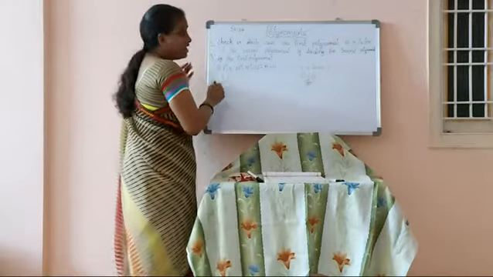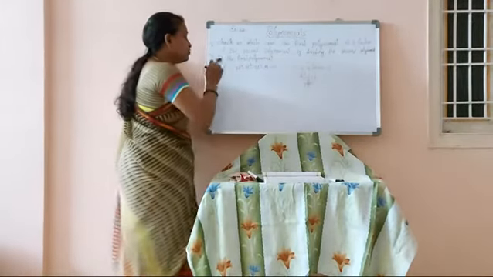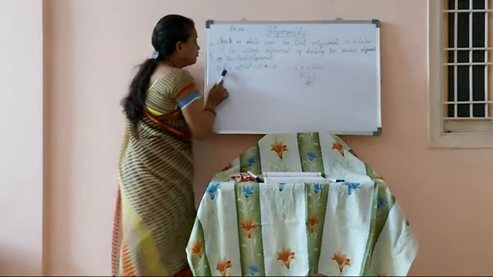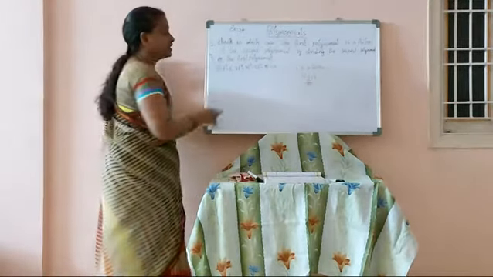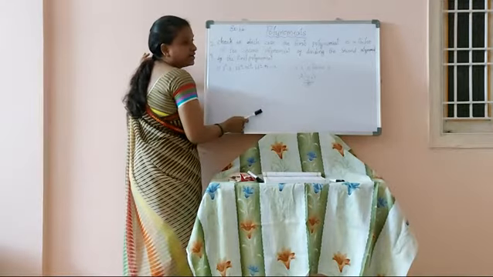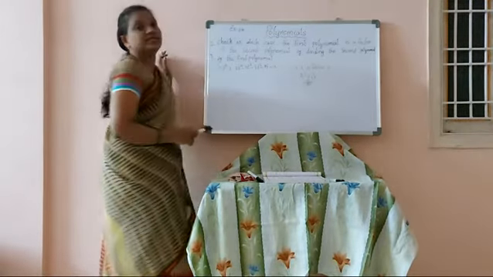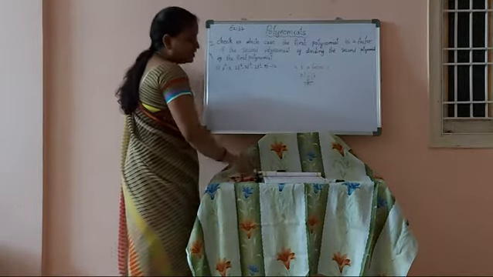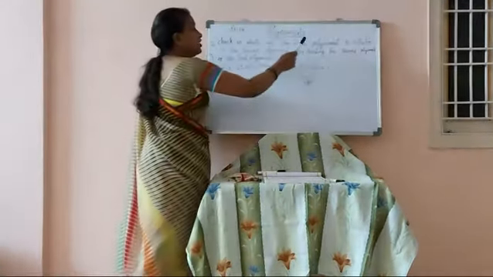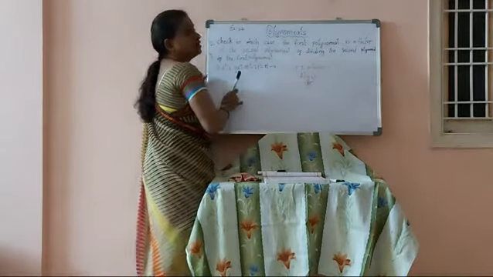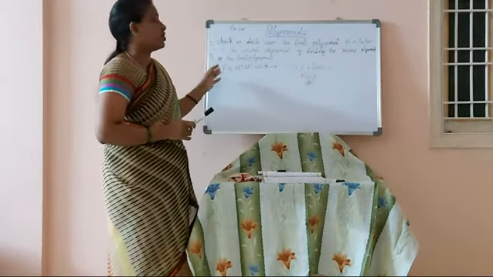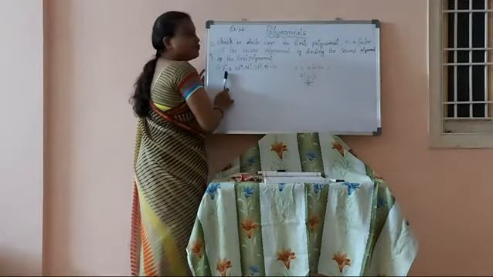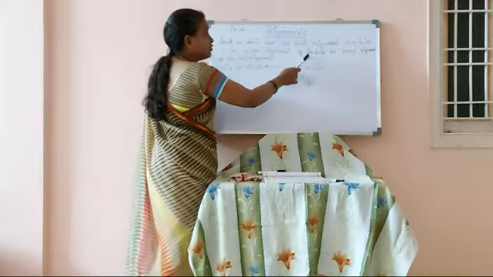In the same way, here also in polynomials, if you divide this particular polynomial with this polynomial and you get 0 as a remainder, then we can say that t square minus 3 is a factor of this particular polynomial. That means if you want to find whether it is a factor or not, you have to divide this polynomial by the first polynomial.